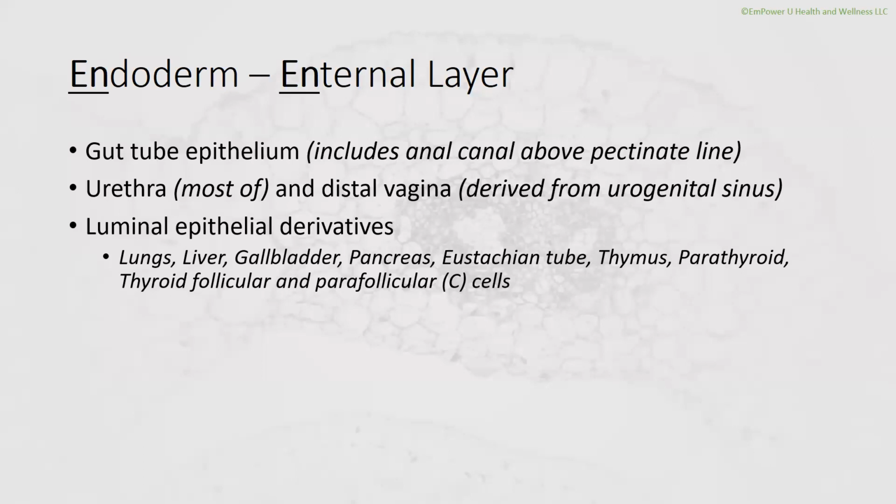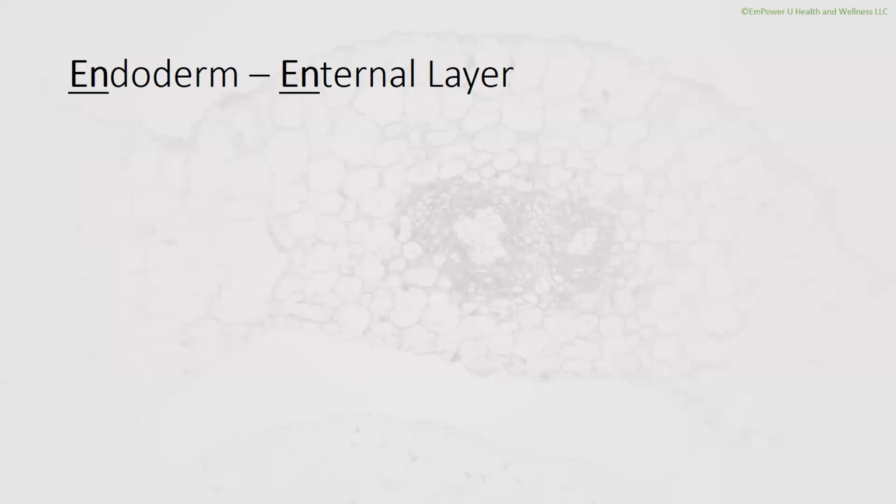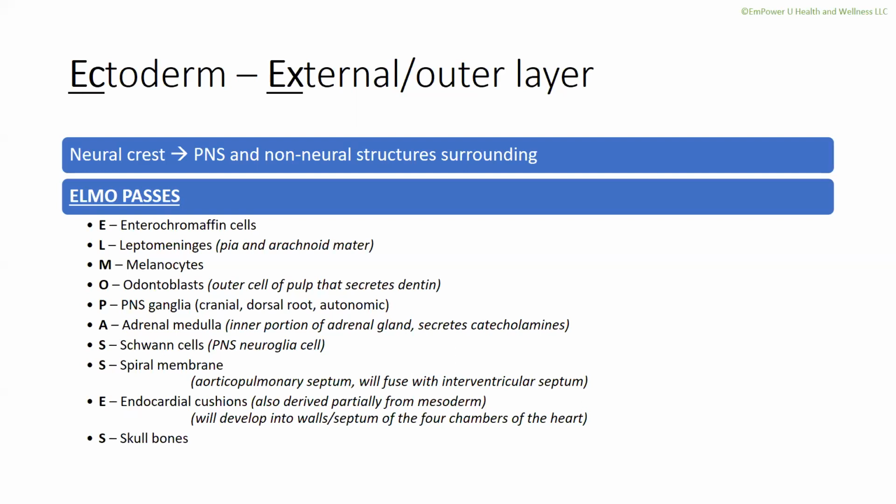So our ectoderm neural crest cells. So again, neural crest cells are part of the ectoderm. So ectoderm will develop into neural crest cells. And then the two portions that are cardiovascular in nature are the spiral membrane and endocardial cushions. The spiral membrane will become the aorticopulmonary septum, which eventually will become the interventricular septum, so between the ventricles. The endocardial cushions